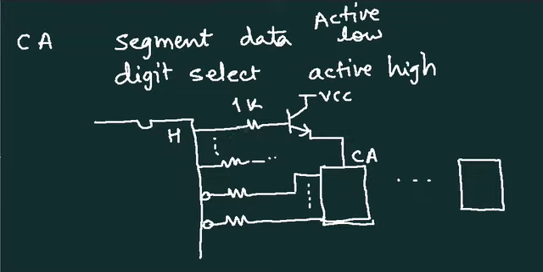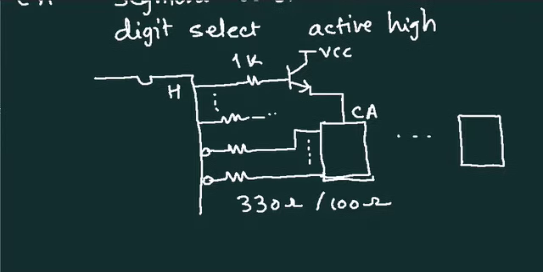So, if the input is even directly connected to 5 volt, the output is going to be 4.3 or 4.5 somewhere based on the VCE sat. So, emitter follower does not cause any base current to be higher. So, 1K as a resistor is fine, and this resistance can be 330 ohms or 100 ohms based on the brightness required. So, this is the kind of connection for